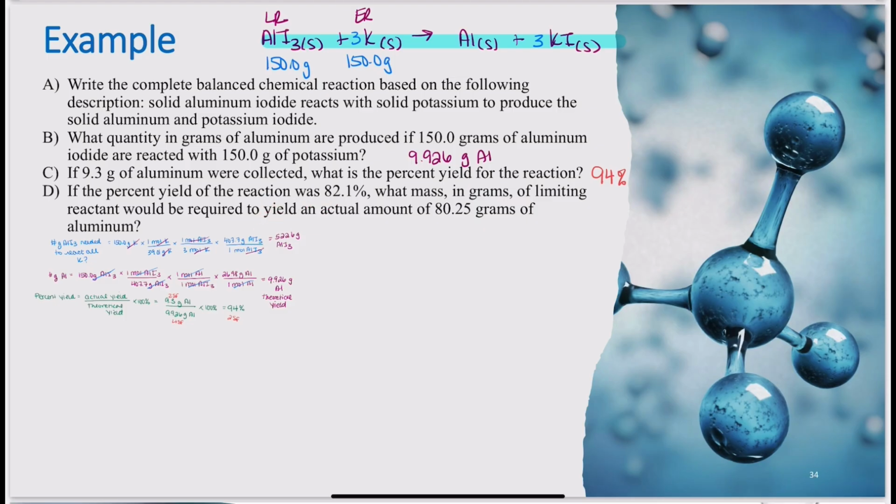If the percent yield of the reaction was 82.1%, what mass in grams of limiting reactant would be required to yield an actual amount of 80.25 grams of aluminum? Now I'm just trying to work it backwards. I know my percent yield equals my actual over my theoretical